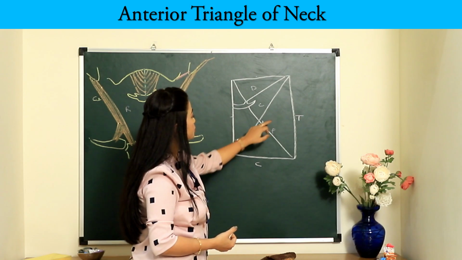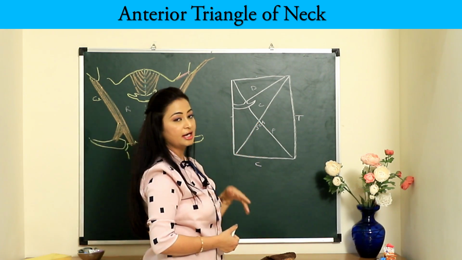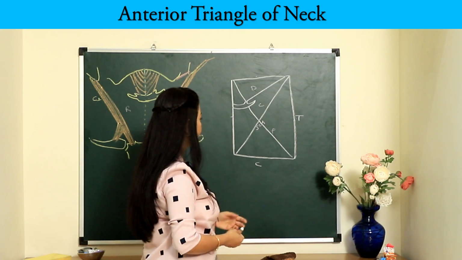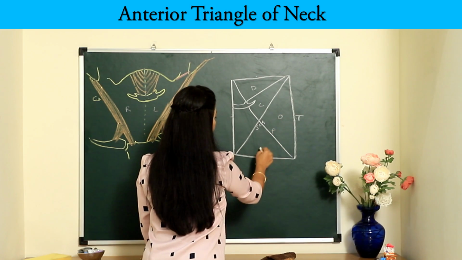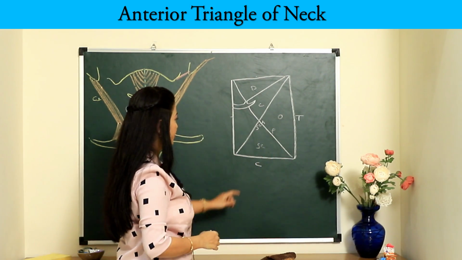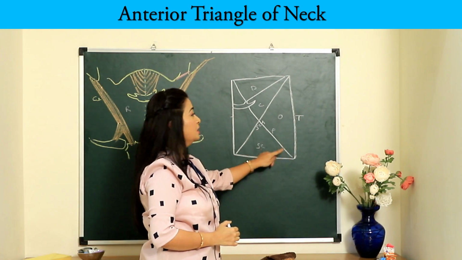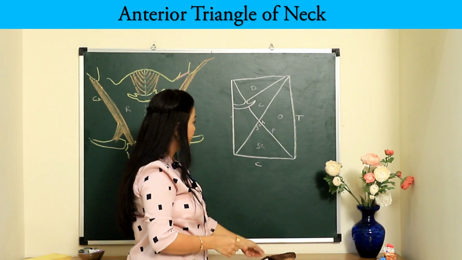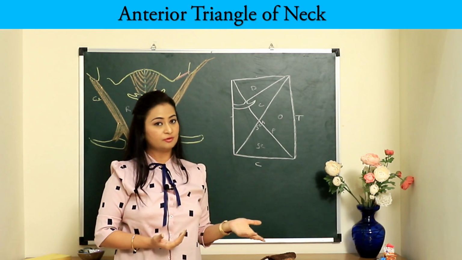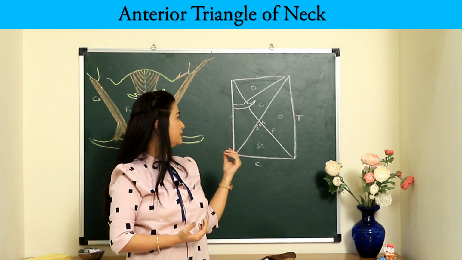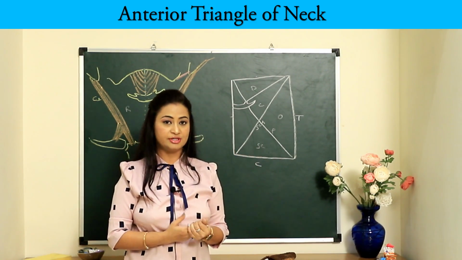Now here are the two subdivisions of the posterior triangle that we can see, which I'll be dealing with in a later video. The posterior triangle is divided into a larger occipital and a smaller supraclavicular triangle by this inferior belly of omohyoid, right? So this schematic diagram, if you learn to draw this, I don't think you will ever forget the boundaries of any of the triangles, and it is a small trick that you can use to immediately recall the boundaries.